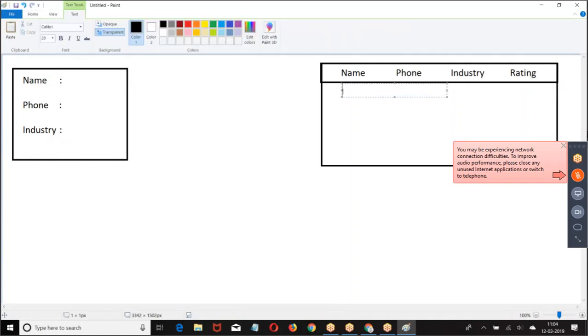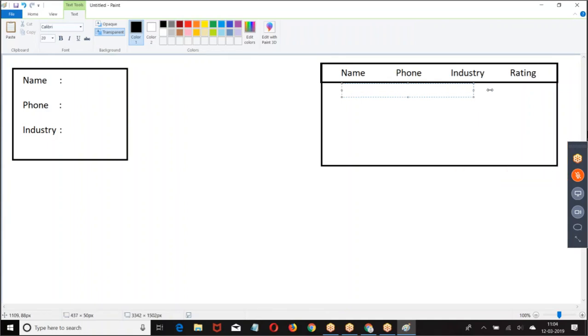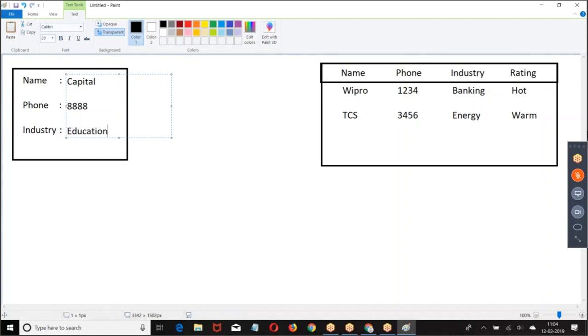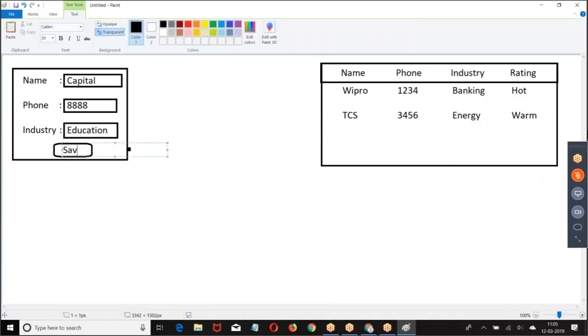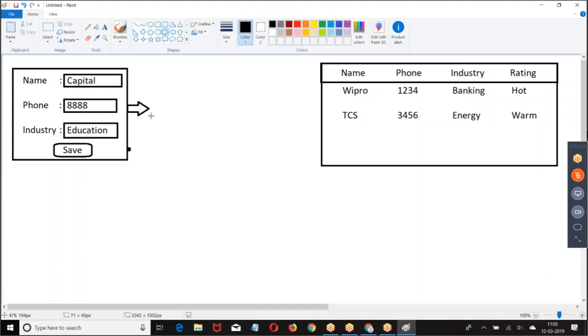I already have some data. Save. When I click on save, what will happen?